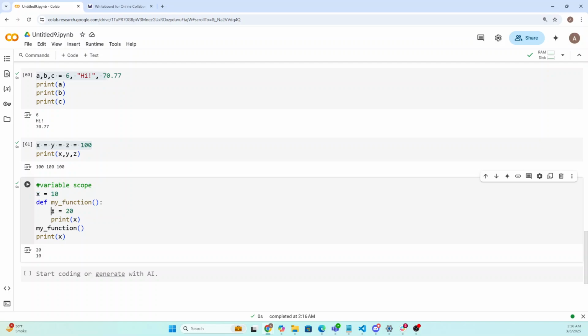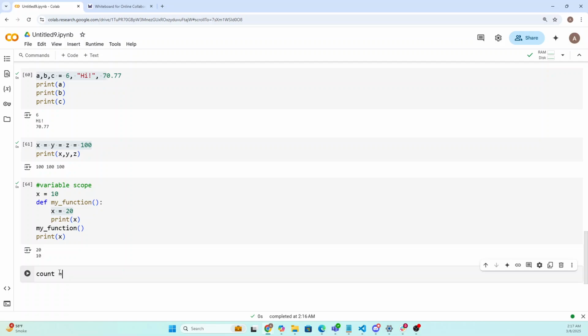So basically what happened here is this is not the same variable, because we have declared this x inside this function, so it has a value of 20, and here we are printing this value. But we can change or modify the value of a variable inside our function, and that is where we use global variables. Basically, let's say we have a variable count that is equal to 0, and